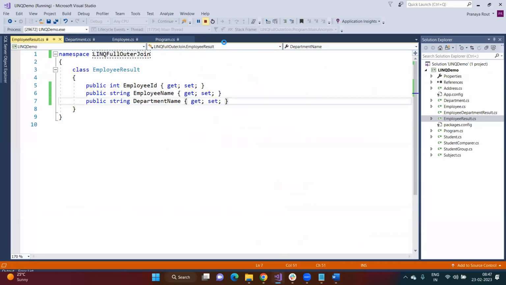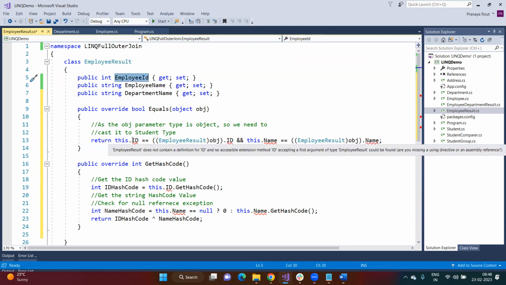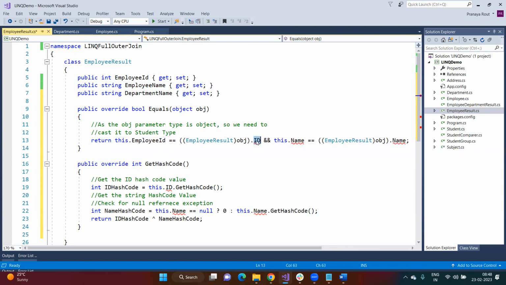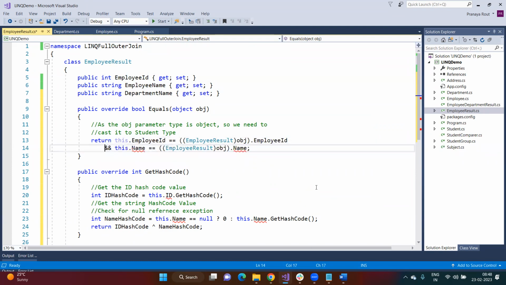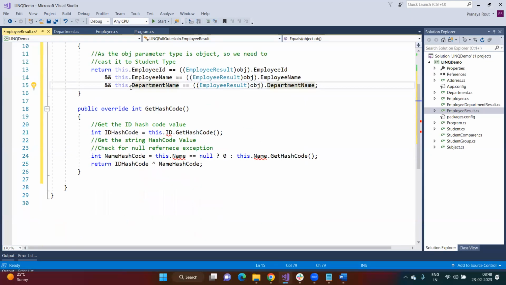So inside this class, I'm going to override the Equals and the GetHashCode methods. And what is the type? Type is EmployeeResult. We are checking employee ID with the employee ID, employee name with the employee name, and again we check employee dot department name, right? And here for the hash code,